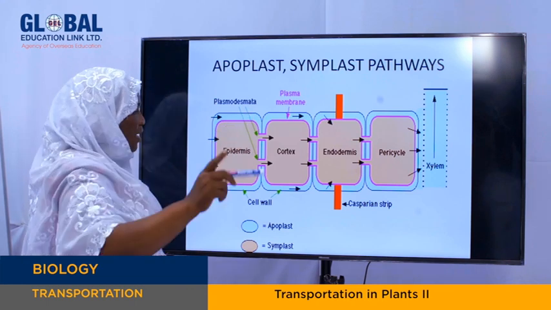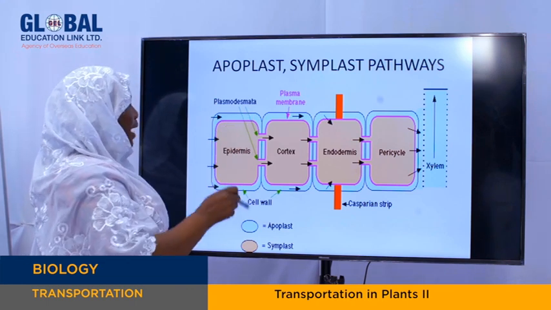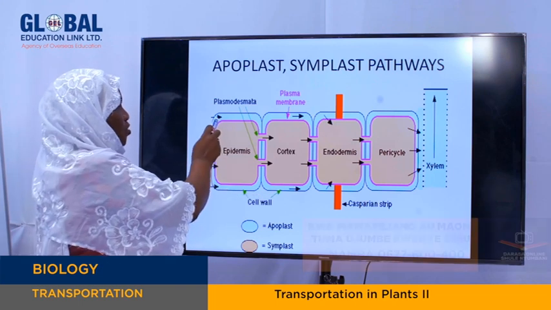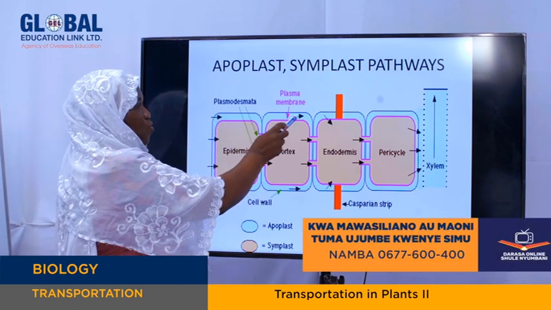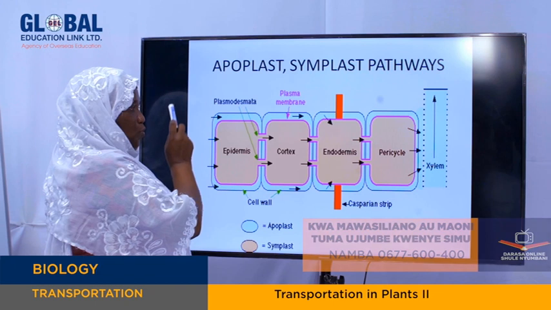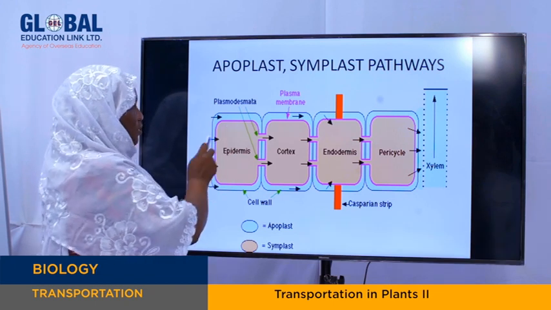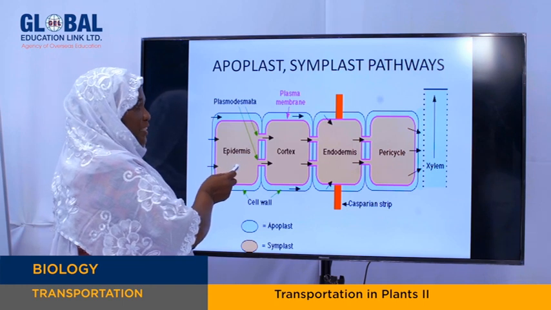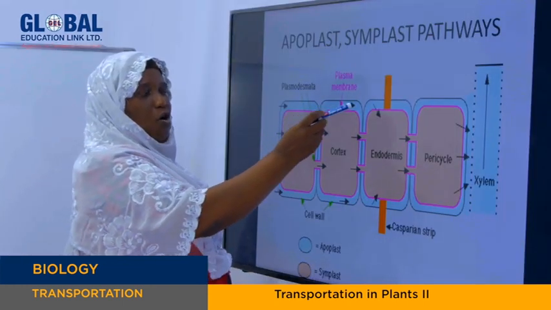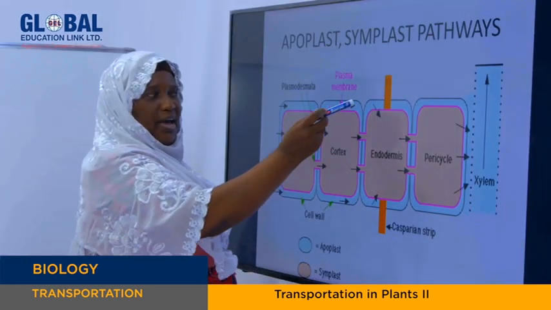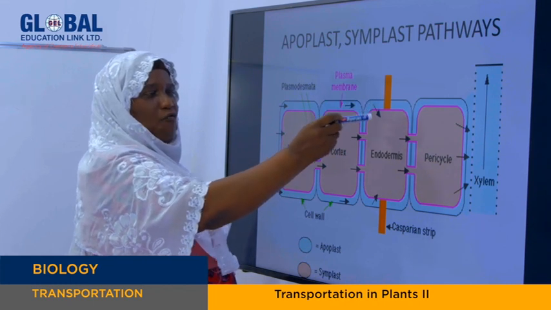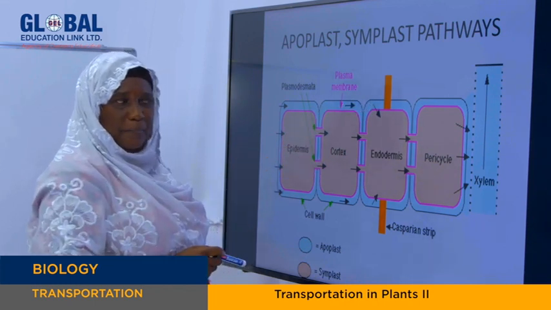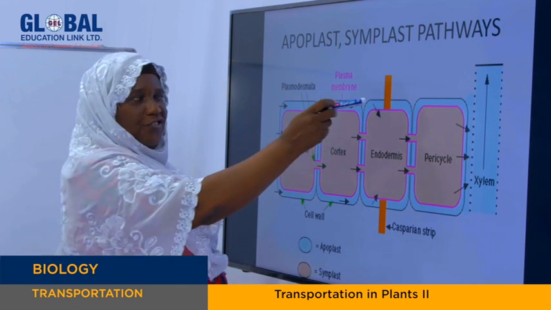So, in one route, water and minerals will move through cell walls. From the cell wall of the epidermis cell to the cell wall of the cortex cell, then it enters the cell wall of endodermal cells. But after reaching here,